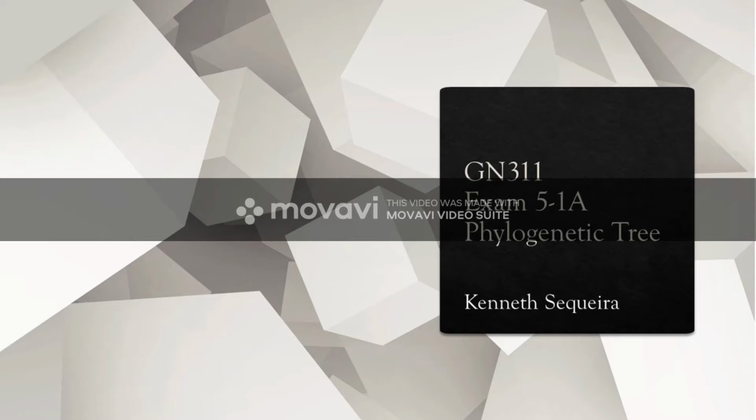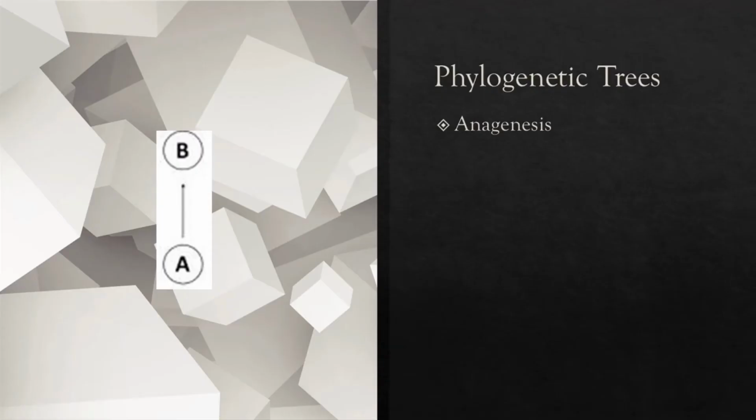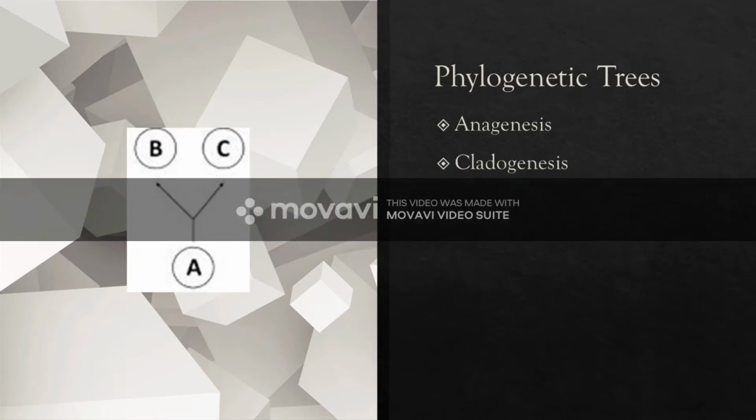Today we're going over the phylogenetic tree for watches. In this tree, there are no examples of anagenesis, which is the evolution within a single lineage over time. Instead, the whole tree is comprised of examples of cladogenesis, which is the development of two distinct lineages from one common ancestor. Once cladogenesis occurs and the branches are separated, they evolve separately from one another.